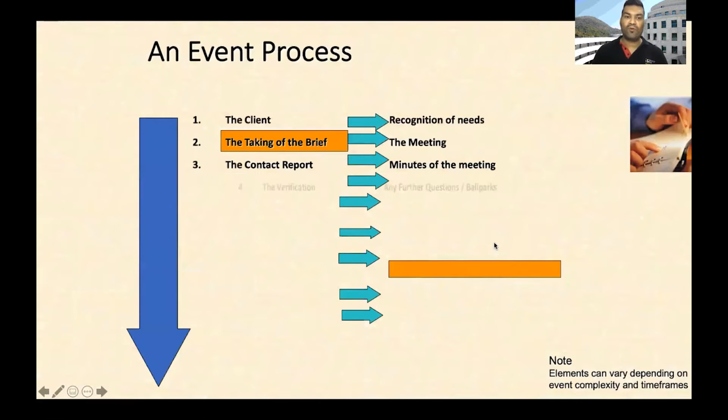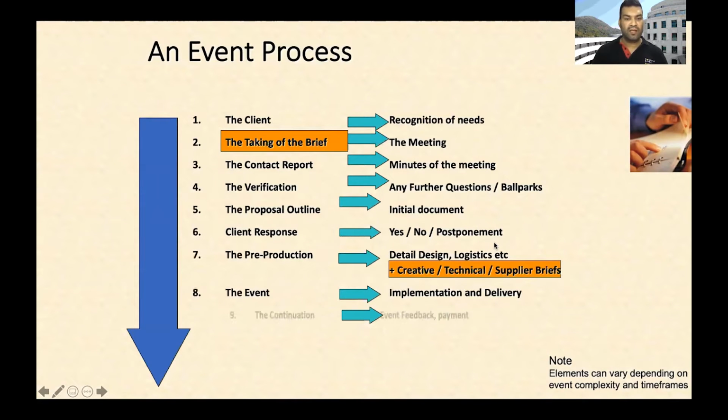Typically, the event process is a multi-layered, step-by-step exercise. So let's start with point number one, the client. Understanding and recognizing the needs of the client. Typically, every client will come to you with a requirement, or you could call it a problem, or you could call it a necessity. And taking that necessity and converting it into a solution, which we call an event, is what the whole